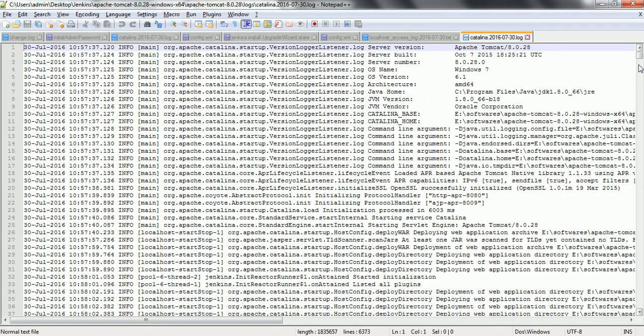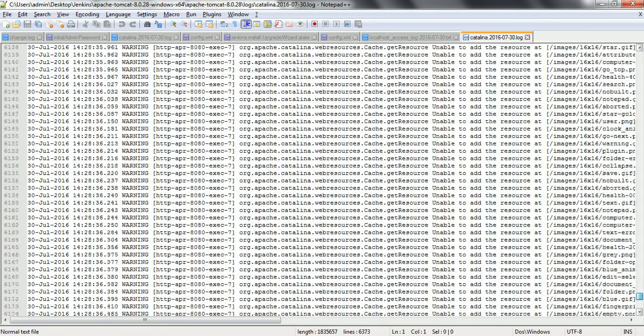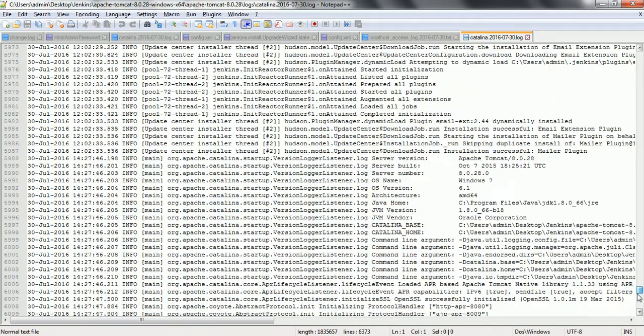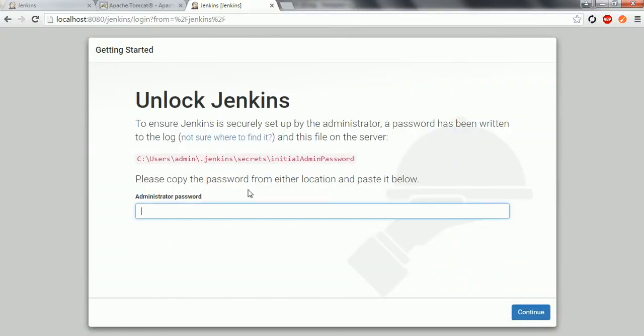Yeah, this is the file we need to open. In this somewhere we can find that password. Yeah, if you see here, Jenkins initial setup is required, an admin user has been created and a password is generated. So this is the password we need to provide. Now just copy it and paste it here.